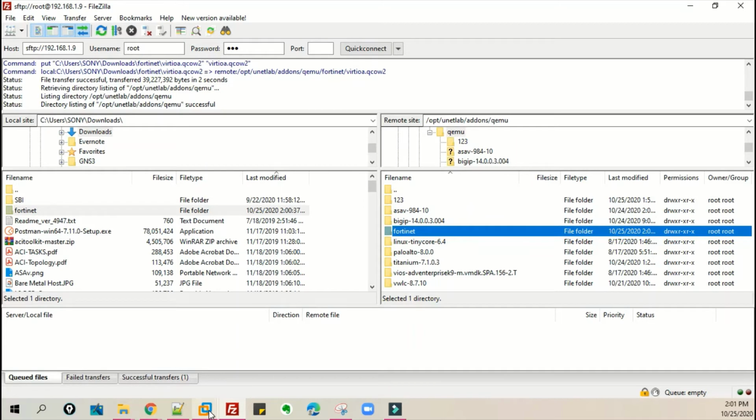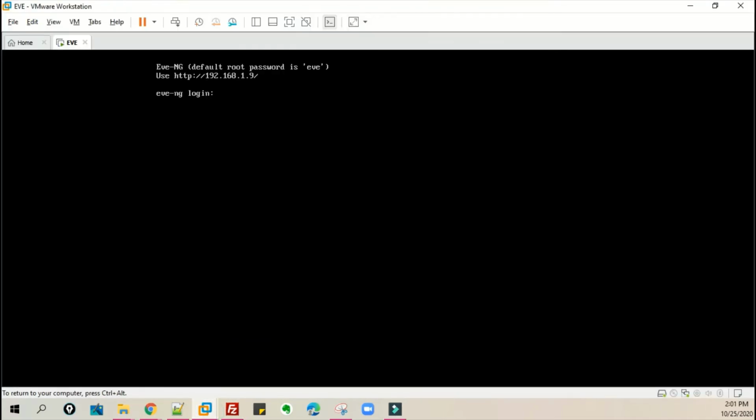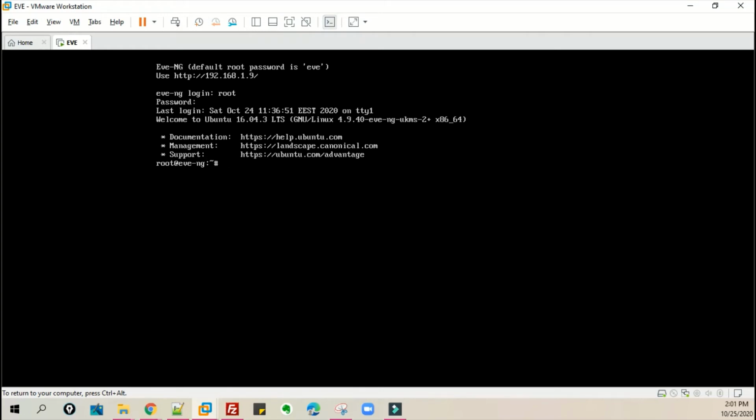Once the file has been copied, we have to log into the root EVE-NG VM console and fix the permissions. For fixing the permissions, we have one of the EVE-NG commands, which is /opt/unetlab/wrappers/unl_wrapper -a fixpermissions, and press enter.